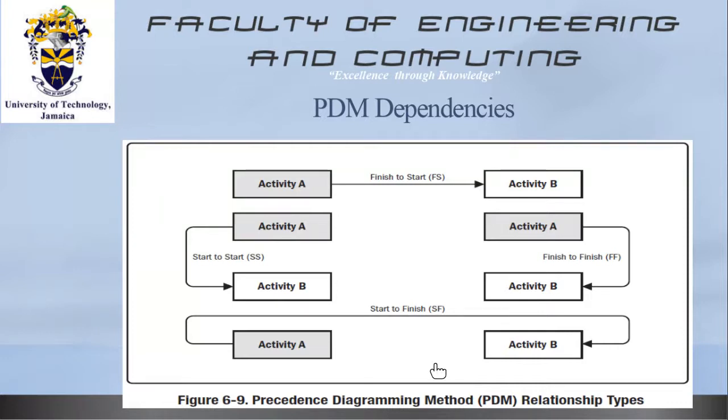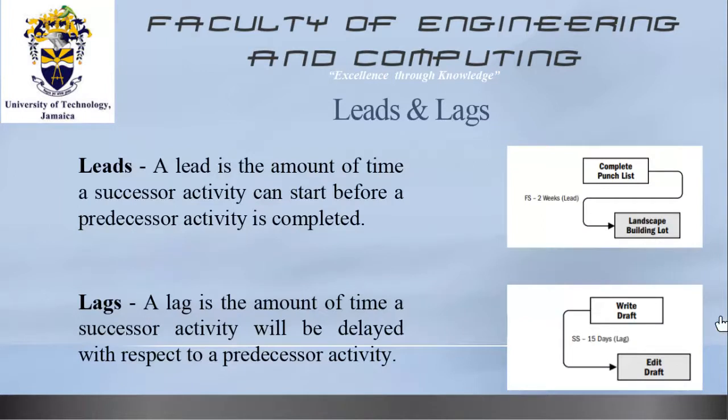right? So the day shift person must start his duty before the night shift person can finish. So that's a classic start to finish relationship. We spoke earlier about leads and lags, right? What are these? A lead is the amount of time a successor activity can start before a predecessor activity is completed. Okay? And a lag is the amount of time a successor activity will be delayed with respect to a